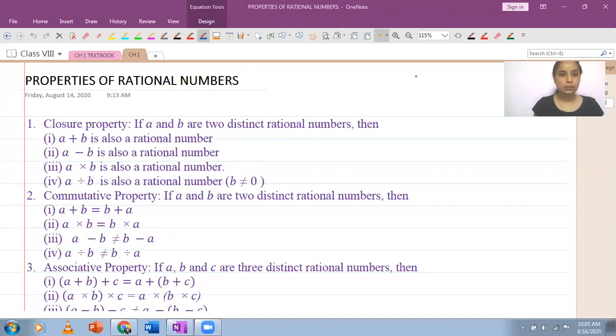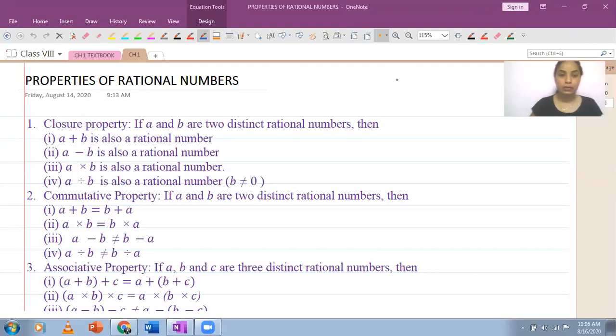So this is something which I'd sent to you the other day to write down the properties of rational numbers, and you're all familiar with the properties already. Now there are a few points which I would discuss side by side. So if you want to write down in your copies, you can write down. I'll be taking examples, and in case I mention something which is not already written here in these points, you can note it down for yourself in your notebook.